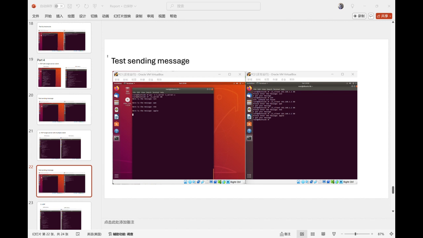So we need to use UDP to connect the server and the client. Basically, it's not using a connection. It just sends some messages with the